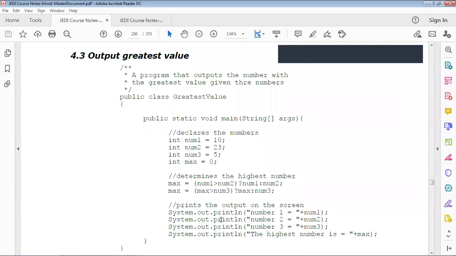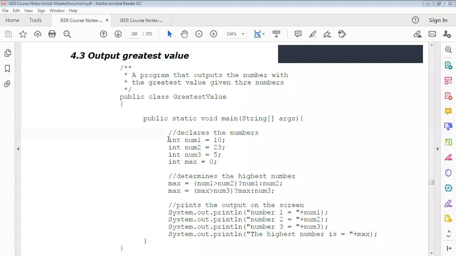Okay, another example is to output the greatest value. A program that outputs the number with the greatest value given 3 numbers. We have the data or initialization here.